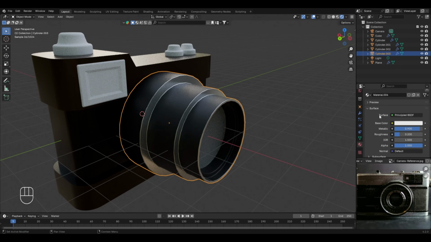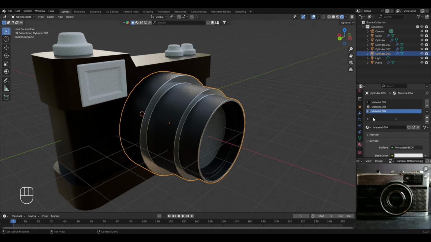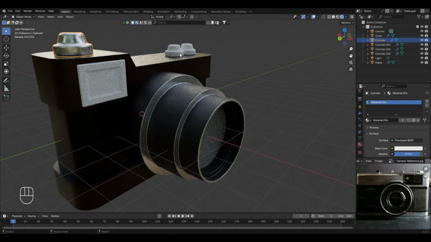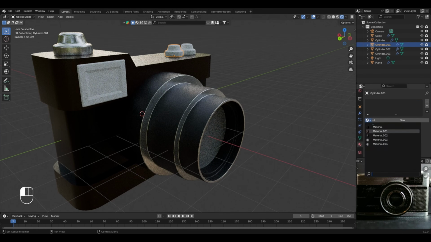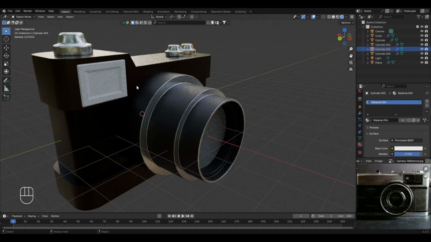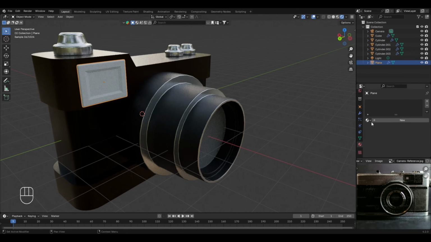After this, we'll be using the same material, which is material.004 for these camera buttons. So I'll select this one, and to apply the same material, click on this icon and select that specific material. After this, let's repeat the same procedure for this control also. So I'll select this material from here, and at last I'll select this control and repeat the same procedure for this one as well. Now at last I'll select this flashlight, and first of all I will assign this the